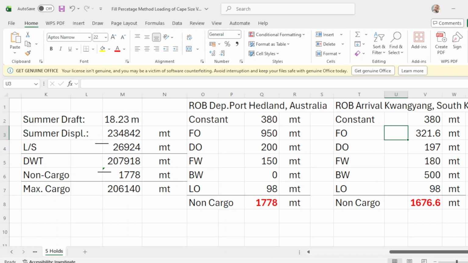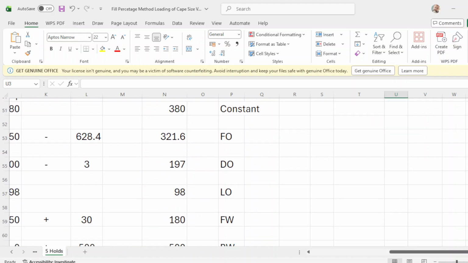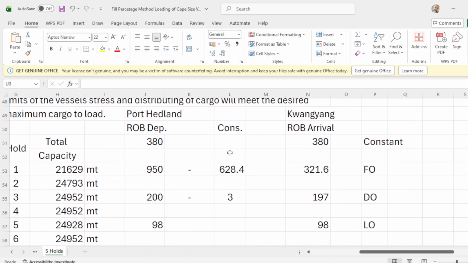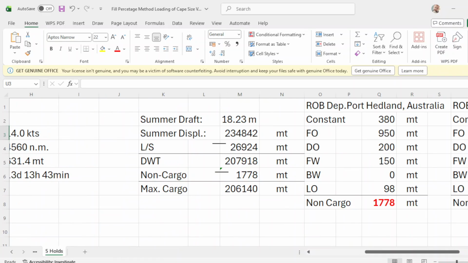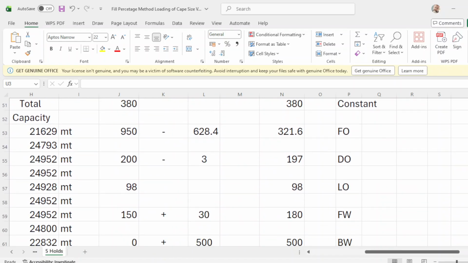How do I get this figure? This is this one, guys. Your constant is 380, okay? And your fuel oil is 350.